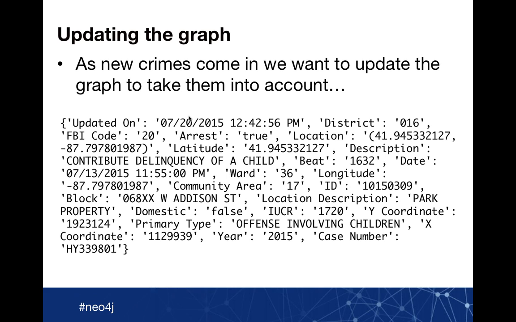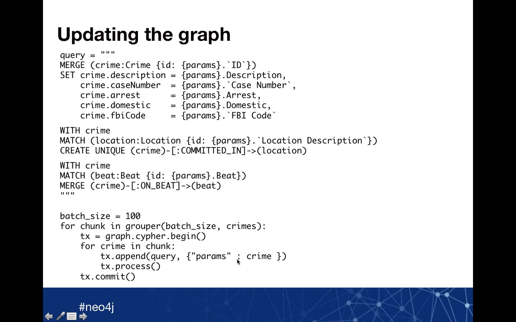And then I've made a little program that just simulates new crimes coming in. What you get is quite similar to the JSON document or the CSV file that we had, but we're just treating it as a map. So we've got an updated on, a district, an arrest, a location, and so on. It's exactly the same data, but we're going to feed it into